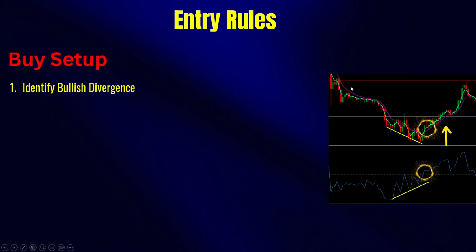Normally we'll see, if it's an end of trend, that price has significantly moved either up or down. Then start looking for when price is making lower lows in the case of a buy setup. Over here, price was going down and RSI was also going down. But now we do see price is coming down, but RSI is going up. So we have identified a divergence opportunity over here.